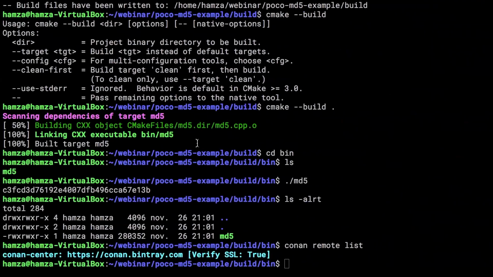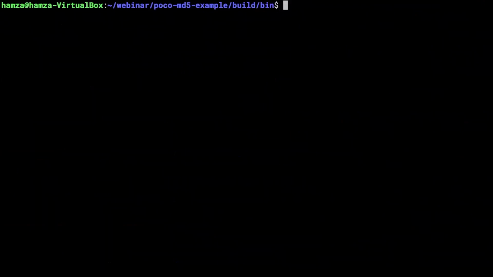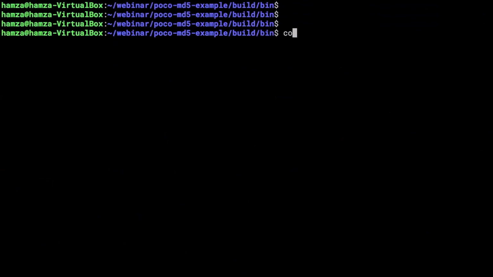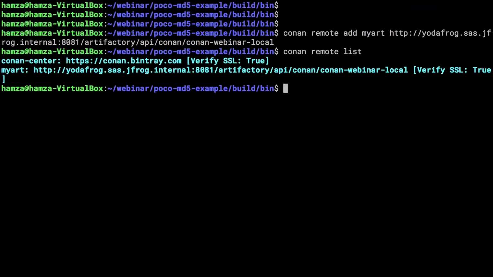Here I'm going to add my conan remote add, name it my Artifactory, and give the URL. Now if I look at my remote list, I have my Conan Center and my Artifactory,